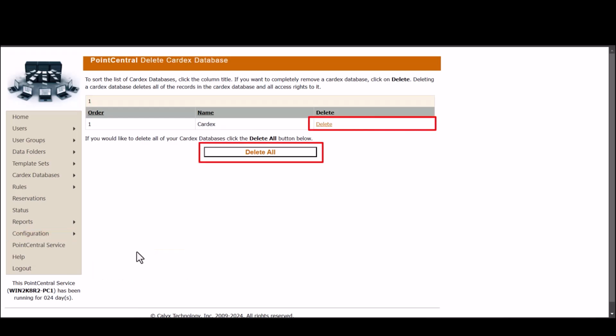Deleting the Cardex database in Calix PointCentral involves removing all records within the Cardex. It's important to note that unlike data folders and templates, deleting the Cardex database will permanently remove all records within it. If you need to keep a copy of the database entries, you should export the Cardex records before deleting it. If you ever need assistance with deleting or merging or importing or exporting Cardex databases within your PointCentral admin